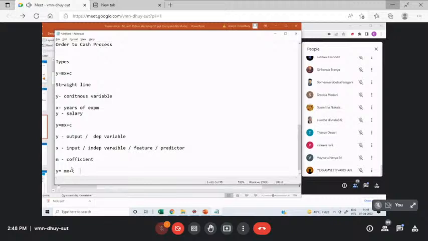Okay, now can somebody tell me what this means? I'm identifying the independent variable. What does colon comma colon minus one mean? Anybody?